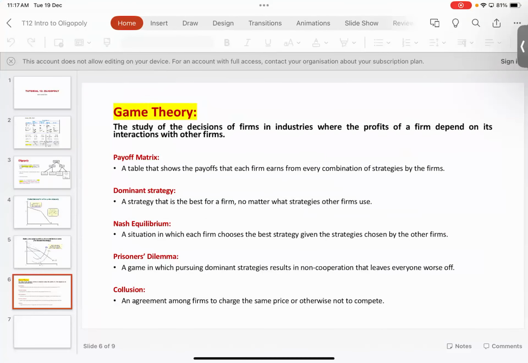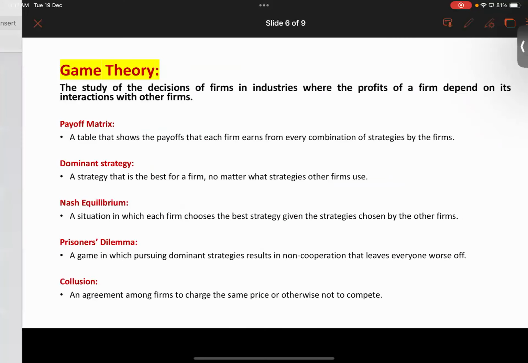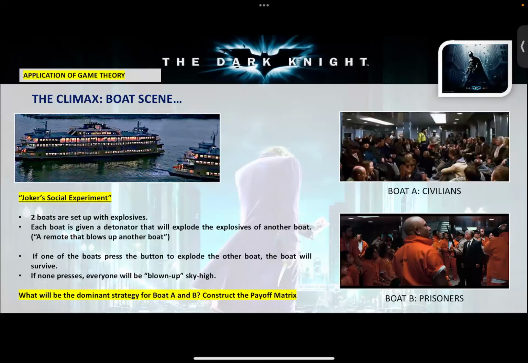Okay, so basically, now we use one last thing to sum up our syllabus. I use this one to show you game theory. I feel that from this movie itself, it's a very good application of game theory from one of the scenes. So in this movie called The Dark Knight, right?